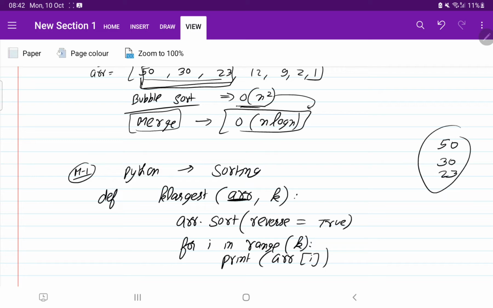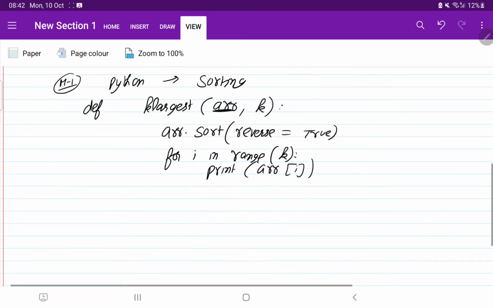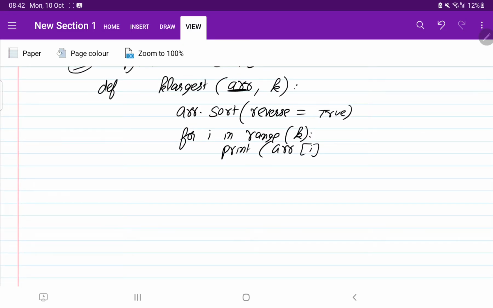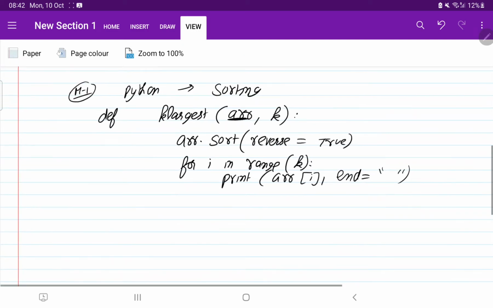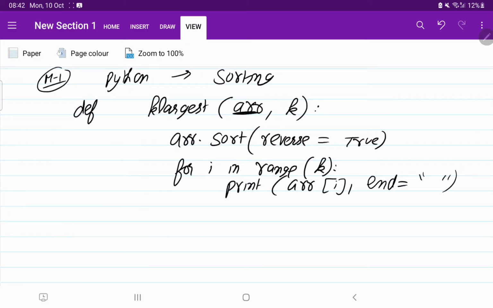But as we want them all in a single line, we are going to say end is equal to space. It means at the end, instead of giving a new line, give a space. So this program will help us print the top three elements in decreasing order.